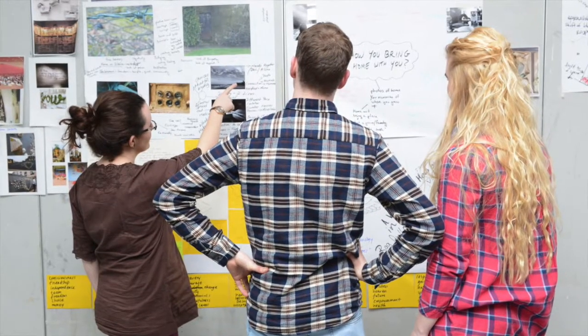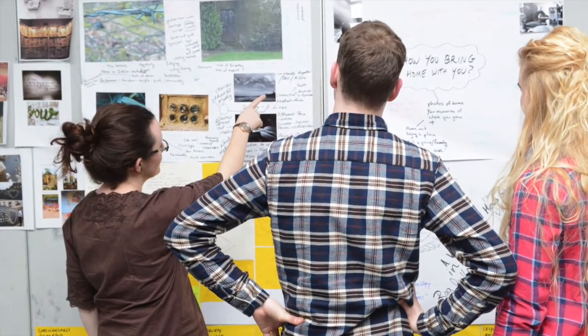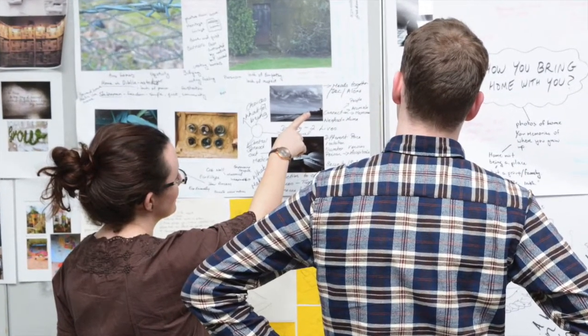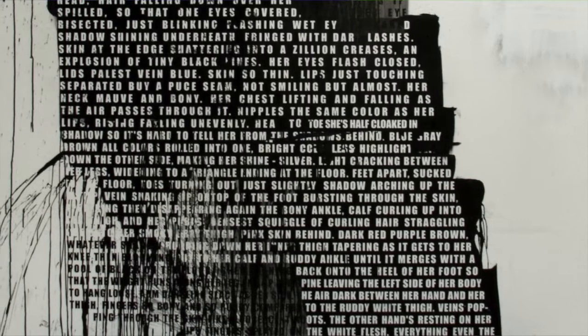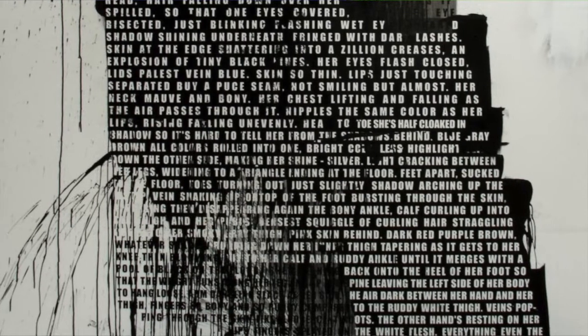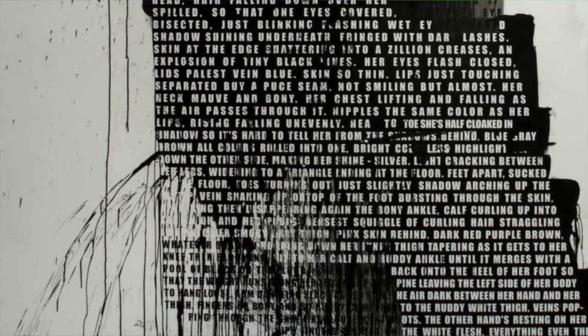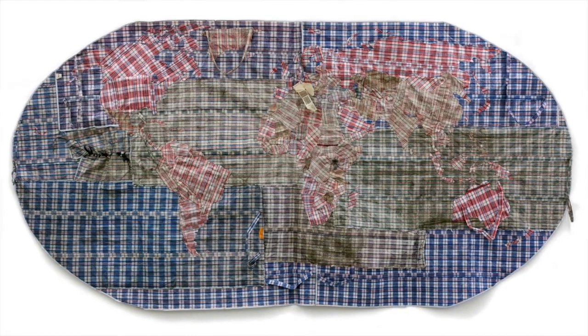So we did a lot of mind mapping to come up with ideas for the work. We looked at various artists. We looked at contemporary artists such as Fiona, who uses text in her work. So we wanted to use text in the work. We felt that was going to be appropriate. We also looked at Dan Halter. His work deals with refugee issues, so his work was very appropriate and relevant.